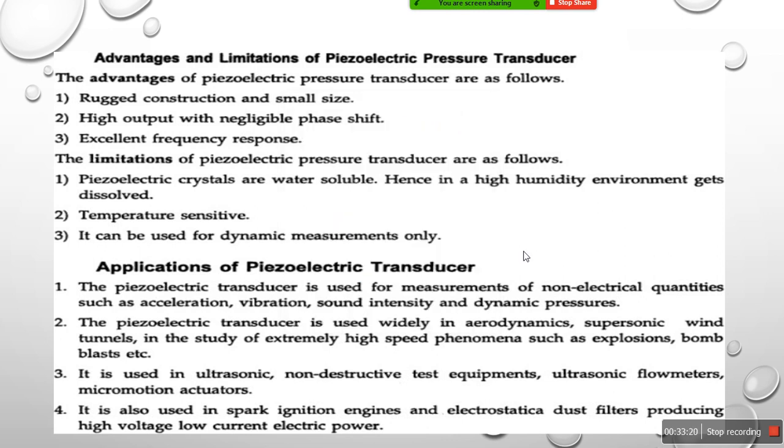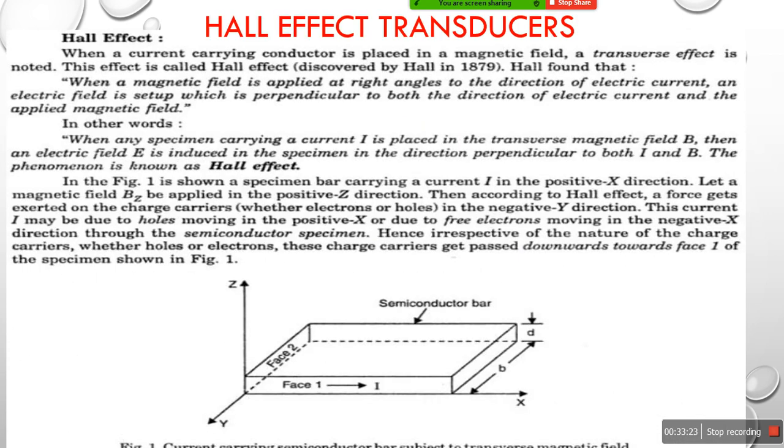Okay, good. So now coming to the next part, Hall effect transducers. We will go to Hall effect transducers, the second part, but before going into this, we will again see what the Hall effect is. In the case of the piezoelectric transducer, to implement that construction we used the piezoelectric phenomenon. And here also, you will first see what the Hall effect is. Remember one point: Hall effect transducers are simply used to detect a magnetic field. Wherever a magnetic field is present, in order to detect it, you will be using Hall effect transducers.